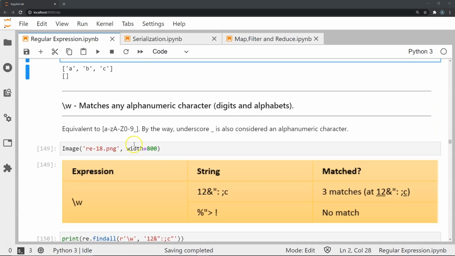So the next special sequence that we're going to look at is the \w. This matches any alphanumeric character, which is the equivalent of doing a to z in small and capital A to Z, and 0 to 9, and also an underscore, in square brackets. It's important to note that the underscore is considered an alphanumeric character, hence why we include it over here. But yeah, this \w, small w, basically checks for any alphanumeric character and matches it in a